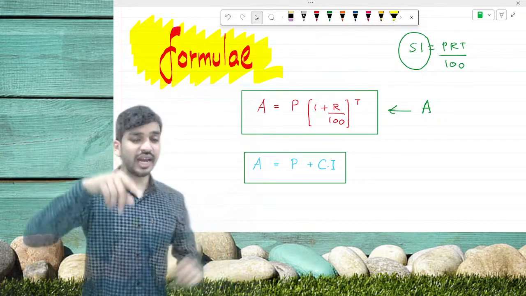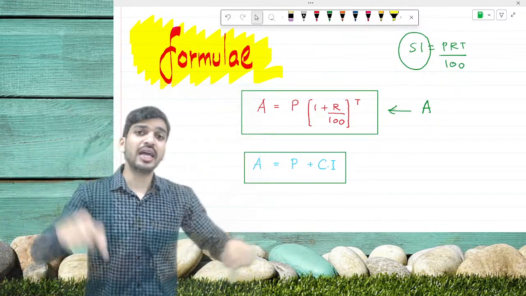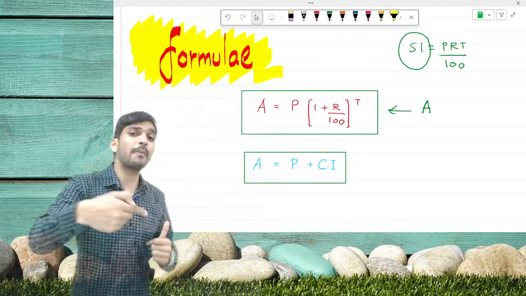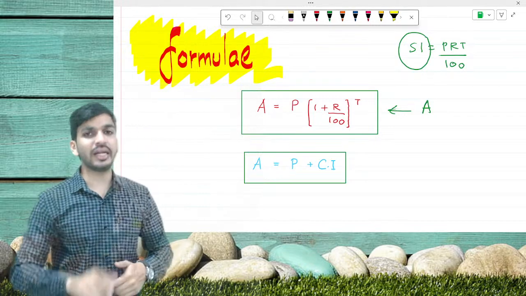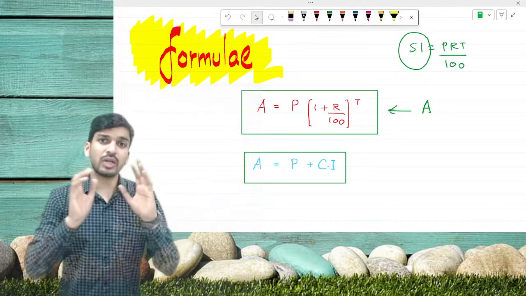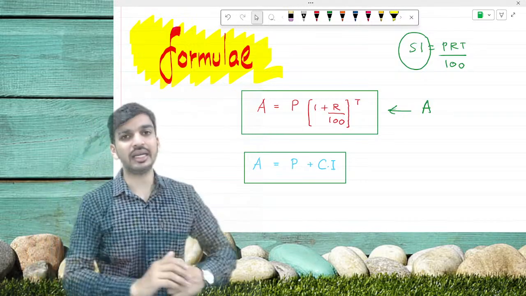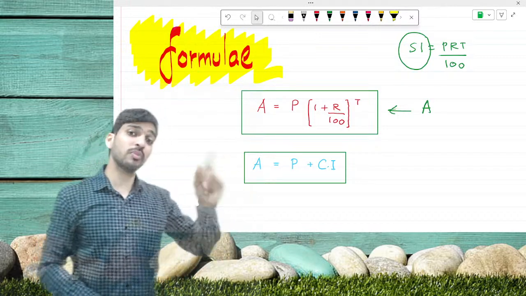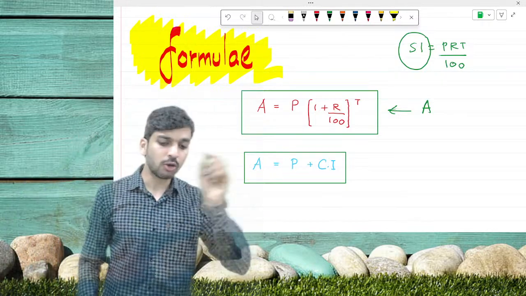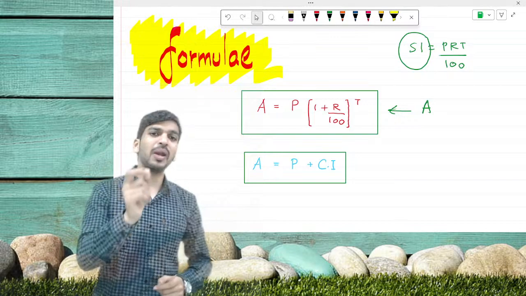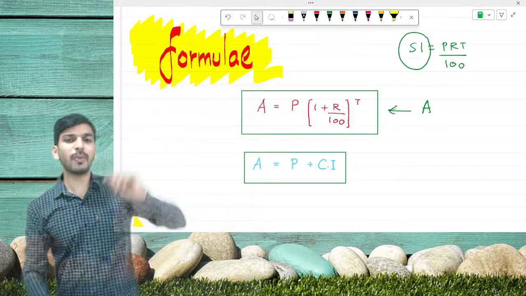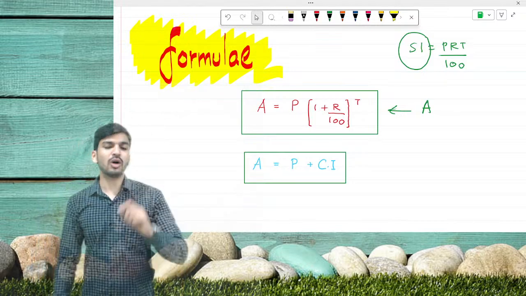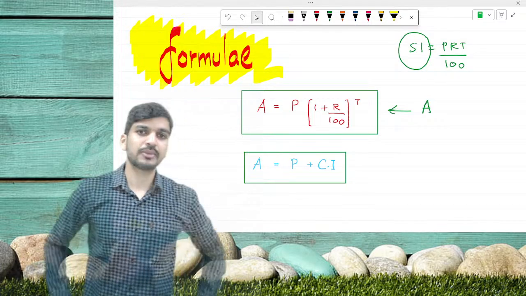So the formula is the amount formula. In simple interest, we had the formula PRT divided by 100. That formula was for simple interest. Here we have the formula for amount and not for compound interest. We cannot find compound interest directly; indirectly we can find it. Firstly, we need to find the amount, meaning the final amount, correct? So the final amount, how should we calculate? P into bracket 1 plus R upon 100, to the power T. As I said, not to worry, we are not going to use these formulas because we are directly going to use the calculators. Yes, all of you?